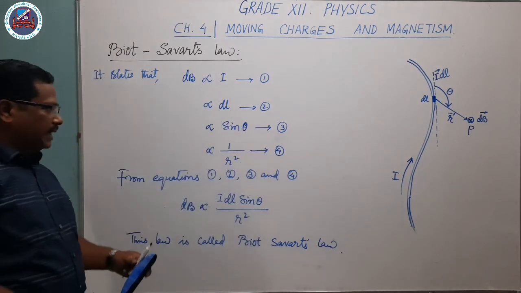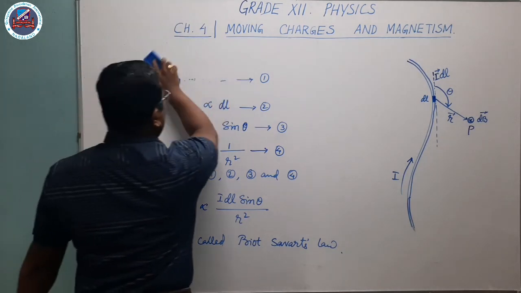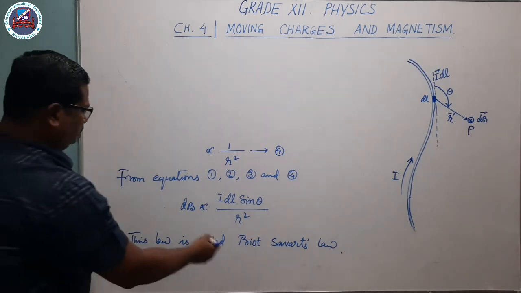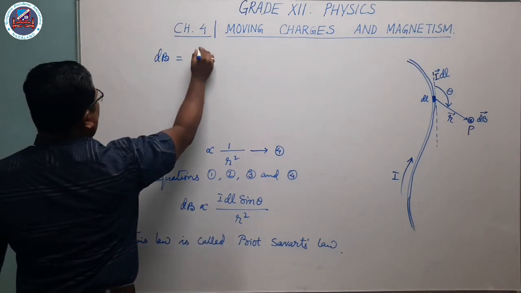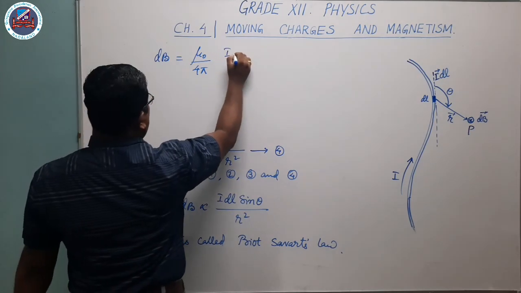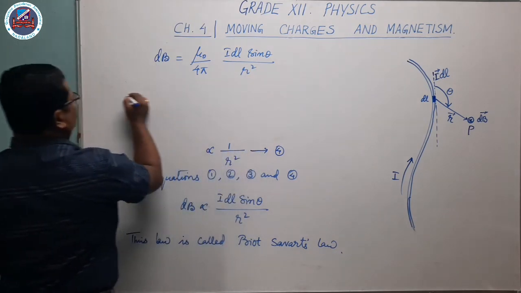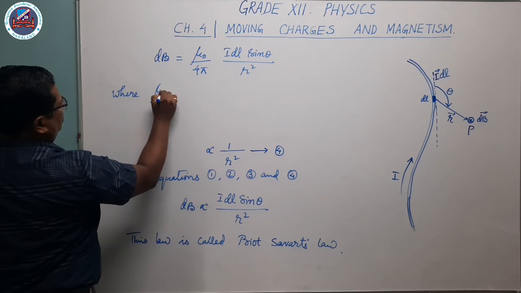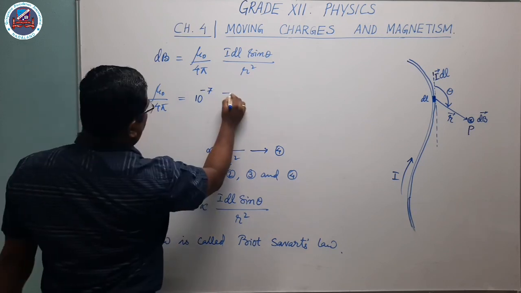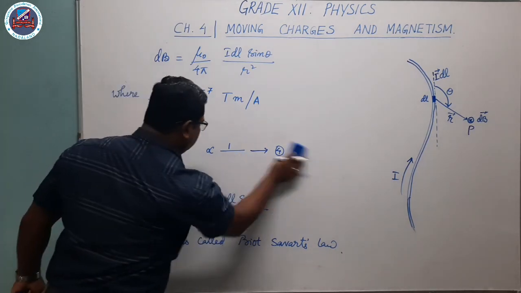Now to remove the proportional sign here in magnetism, we use a magnetic constant. dB is equal to mu naught divided by 4 pi, IdL sin theta divided by r square, where mu naught divided by 4 pi has the value 10 to the power minus 7 Tesla meter per ampere, and this term mu naught